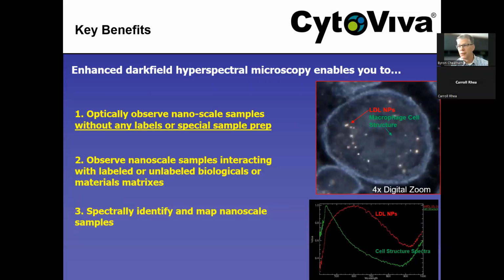And this doesn't replace that. And we don't want to represent that it does. But at the same time, it's super complementary and can give you information on your benchtop every day in a very interesting way. It also allows you to, as we mentioned, observe these nanoscale samples interacting with labeled or unlabeled